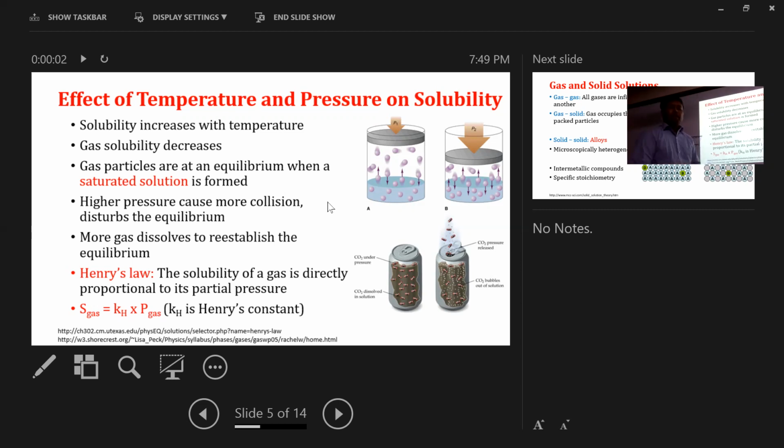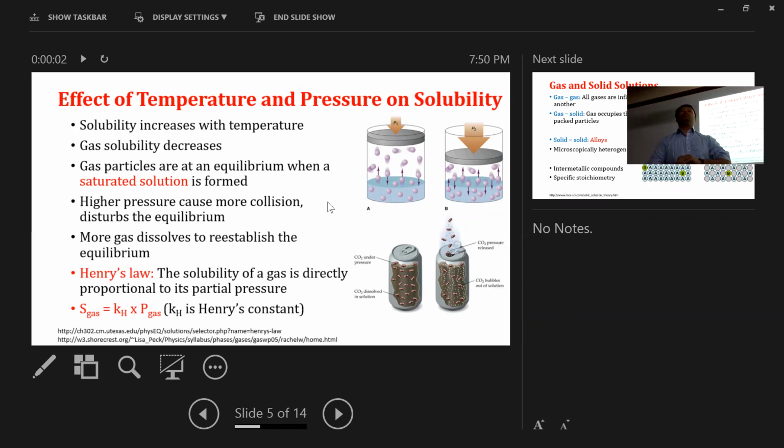So gas particles are in equilibrium when a saturated solution is formed. Therefore, when this saturated solution is formed, at that time the gas particles here are in equilibrium. Okay. Higher pressure causes more collision and disturbs the equilibrium. In that case, if you increase the pressure for any system,